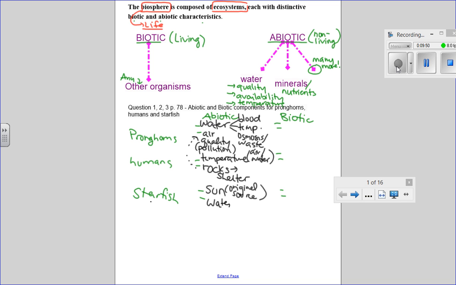Here, we could also put water concentration. We could talk about salt. We could talk about other minerals. We could talk about waste. So organisms that live in the water are particularly susceptible to things that are soluble in water. So if, for example, there is a bunch of mercury dissolved in water, that might have an effect on the starfish's life because of biomagnification. If there was, let's say, an oil spill in the ocean, that would be something abiotic that could affect the starfish's life because now it would be covered with oil.